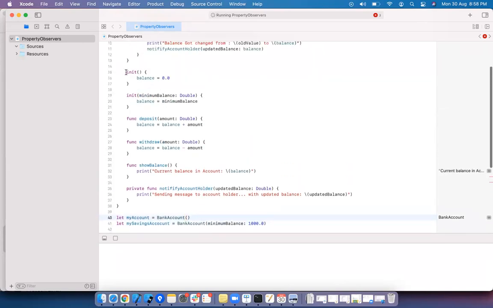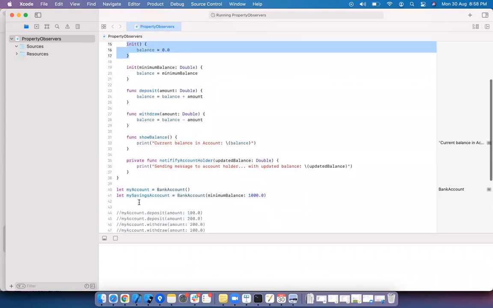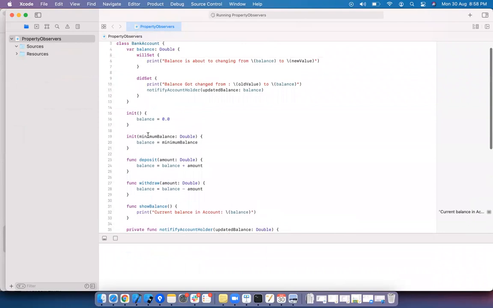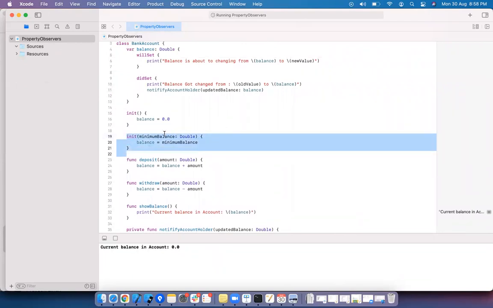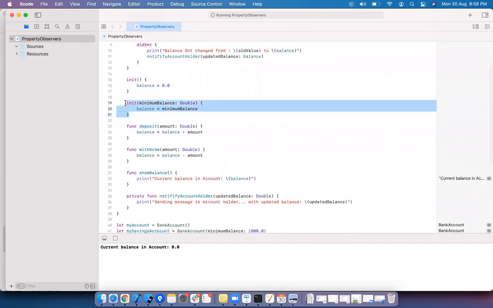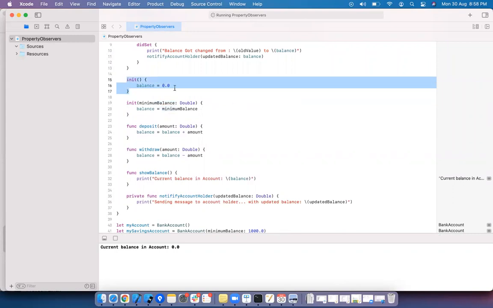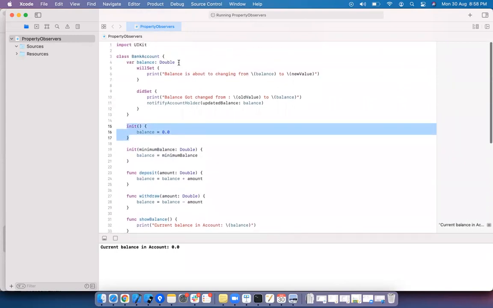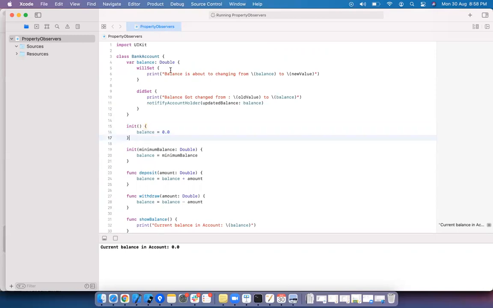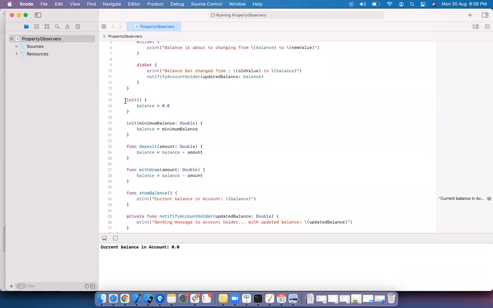This is the default initializer. This is a custom initializer. You are passing some value, you are passing your requirements, you are passing your customized value here. This is called a customized initializer. This is a default initializer. When you are having proper values, the default initializer is not required. You can also have it if you want to modify the default values other than the assigned value. This is one kind of initializer, that is default initializer. This is a parameterized initializer or custom initializer.